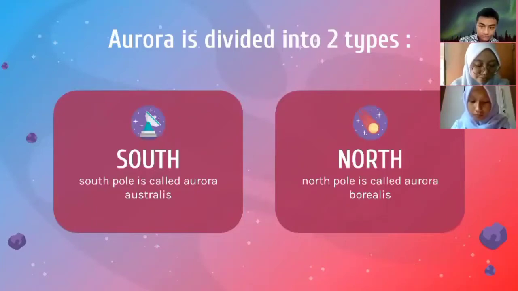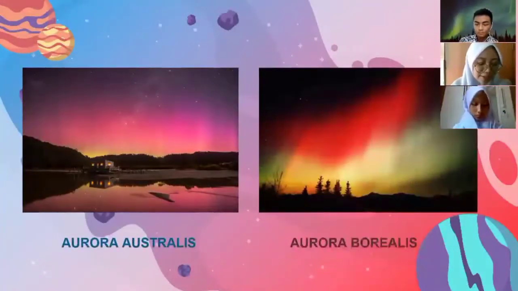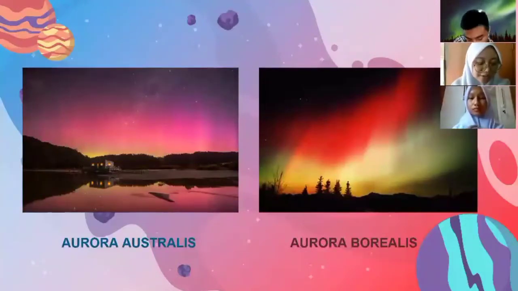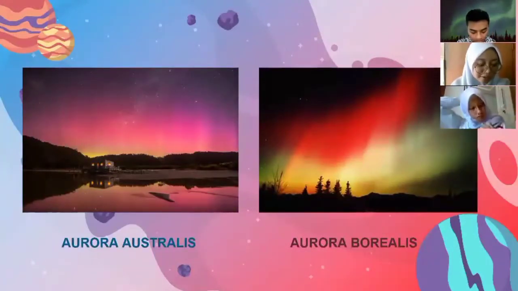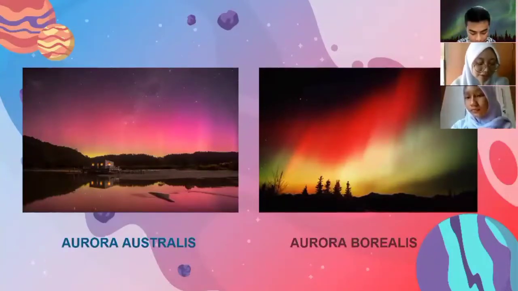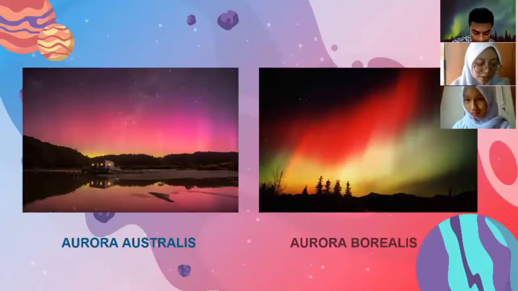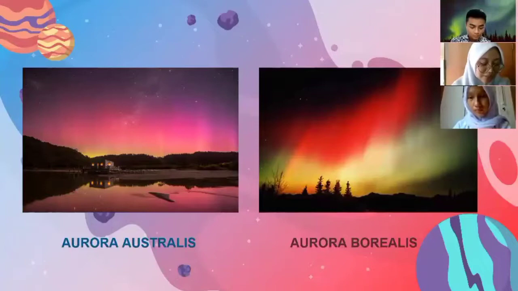And then next, auroras that occur in the north are known as the aurora borealis, named after the Roman goddess of the dawn, and the Greek name for the north wind, Boreas. This is because the aurora often appears in the north as if the sun will rise from that direction. The aurora borealis always occurs between September, October, March, and April. The aurora phenomenon in the south is known as aurora australis. It has familiar characteristics, but sometimes auroras appear on mountain tops in tropical climates.